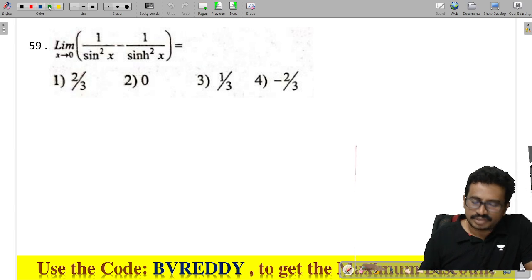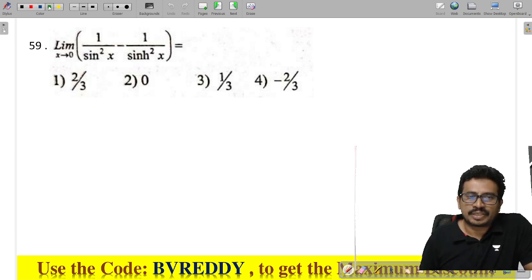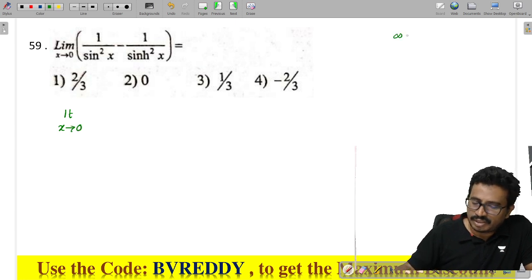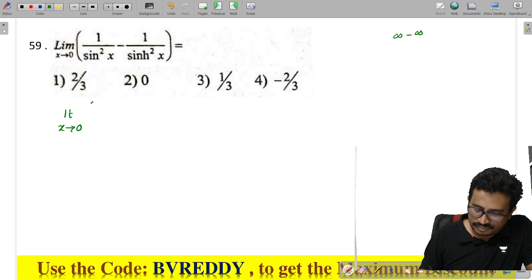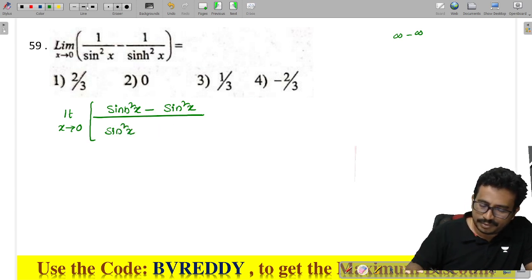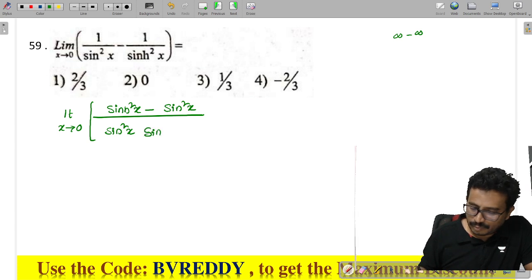Next one here: limit x tends to 0 of sine square x minus sine square 1 by sine square hx. Now if I do the LCM and simplify, if I substitute directly, we'll get infinity minus infinity. So which is given as sinh square x minus sine square x by sine square x into sinh square x,